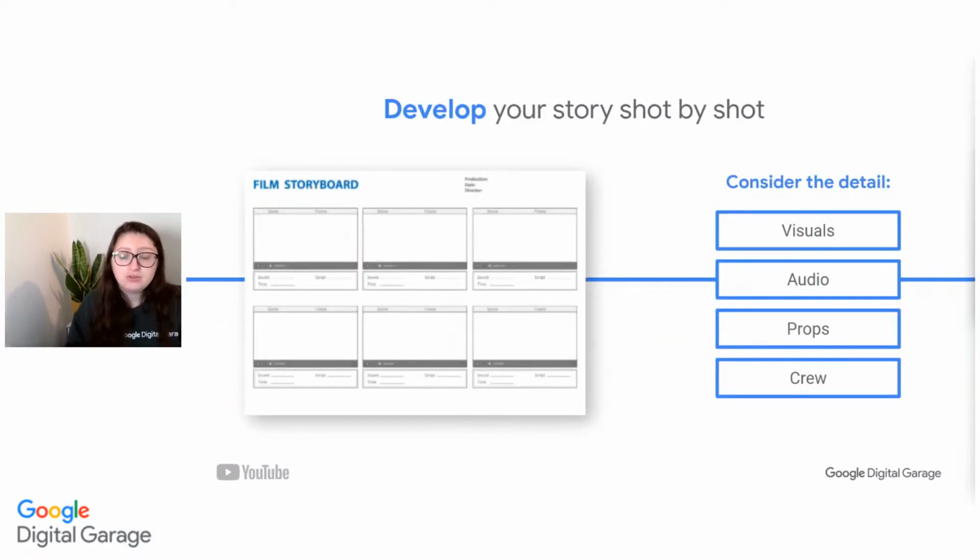The other way that you can use as a planning tool is actually create yourself a film storyboard. You don't have to be an artist. You could be drawing stickmen at this point. You don't have to be a full-on artist to create a storyboard. You could do this on a piece of paper. You could do this in a notepad and start to plan out the specific scenes that you want for your video. Remember the beginning, the middle, and the end. And then underneath, you can start to plan out the shots that you want in detail. The more you plan, the easier it's going to be to shoot your video.